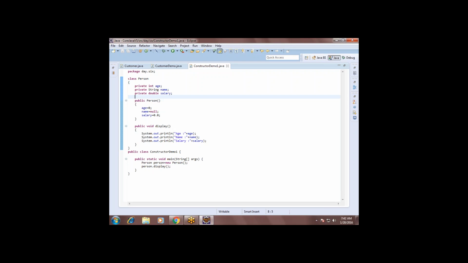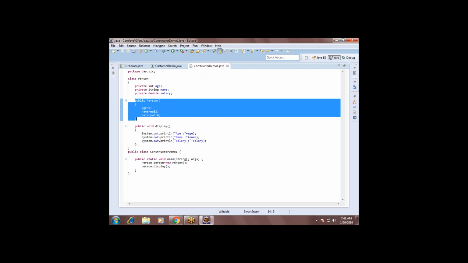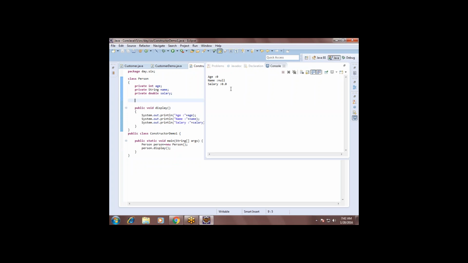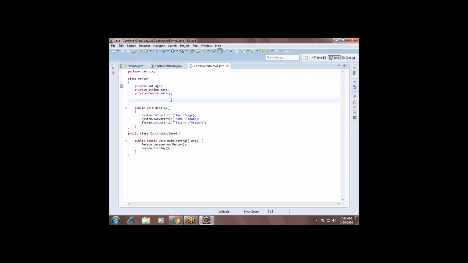I have shown it just to tell you that this is the default constructor, but it's not necessary that you create it. Even if you don't create it, the same result comes. It means the same constructor is prepared internally by the compiler. That's why it is known as the default constructor.